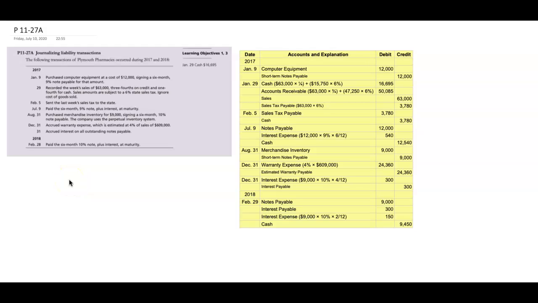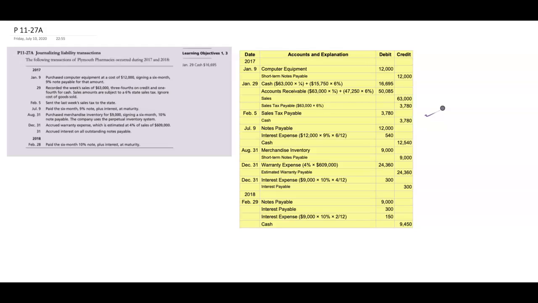Hello, I'm looking at problem 11-27A in the textbook, in the back of the chapter, what we call the static problem. This doesn't change; it's already printed, as opposed to what you see in my lab, which is already algorithmic. So it's the same problem but with different numbers. I'm using the one in the back of the book, and I'm also showing you the answer key for